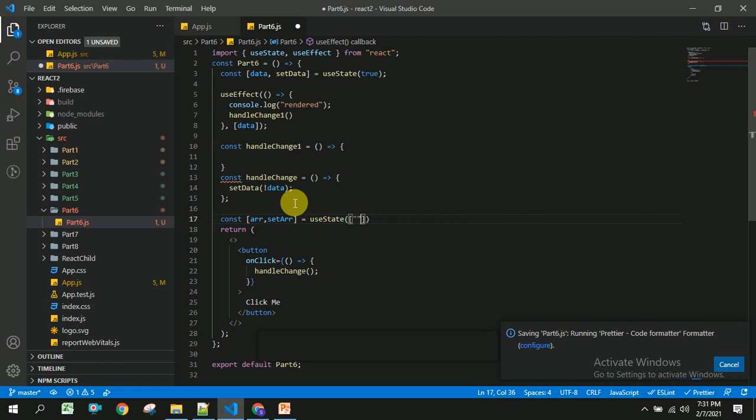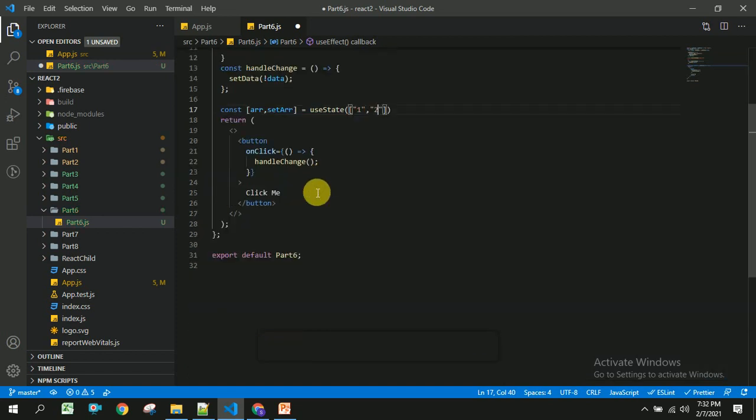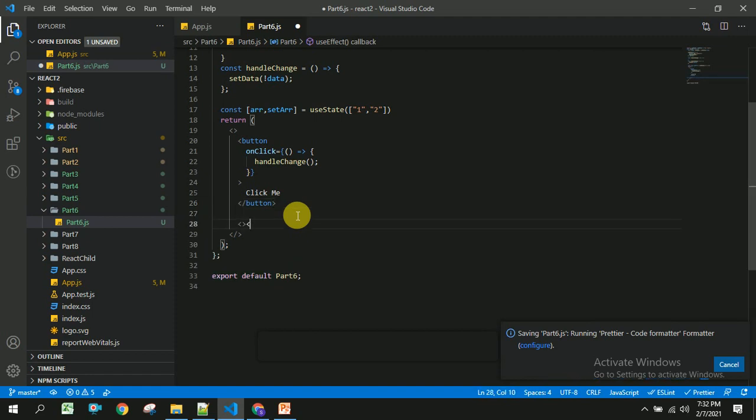I am going to create some values 1, 2 like this, and I am going to render this by using arr.map and return.